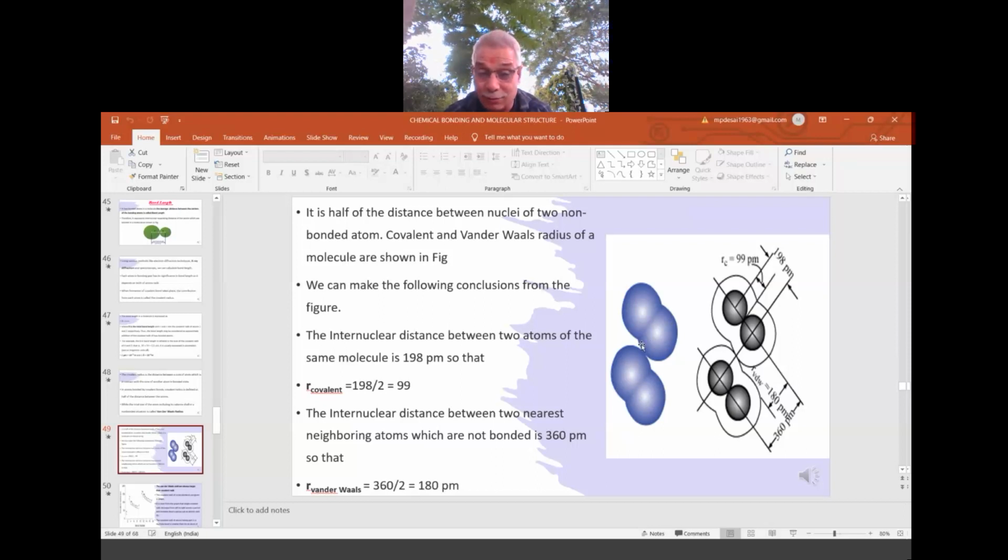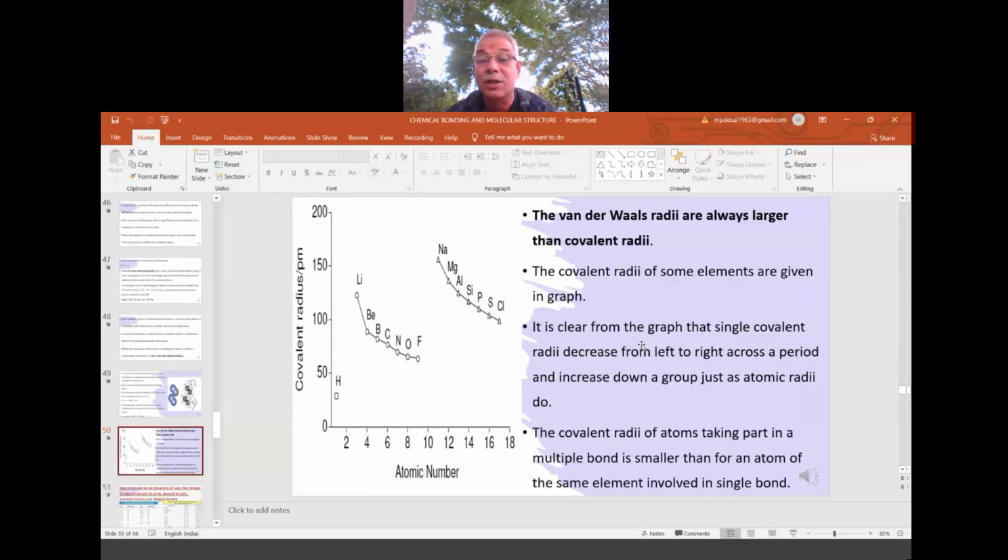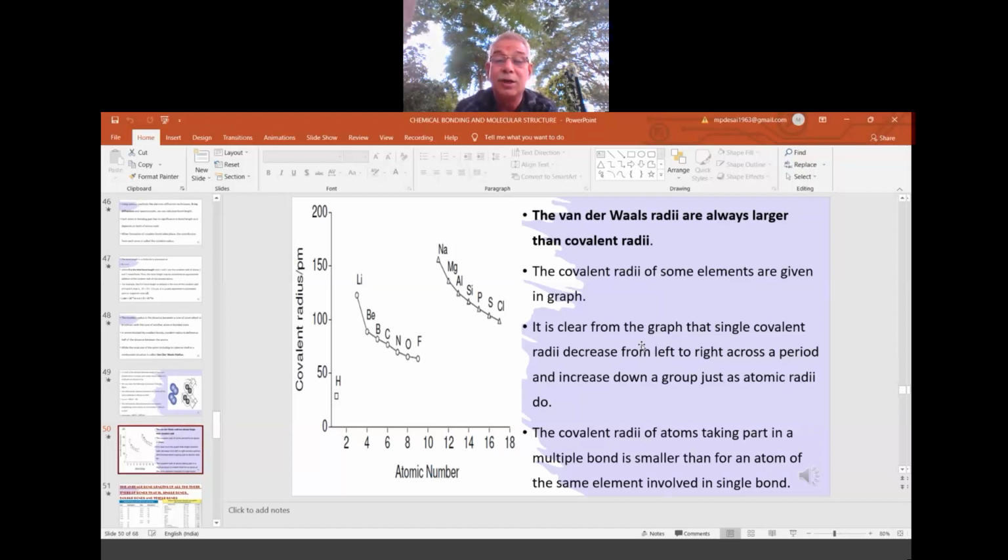Whereas within the molecule, when you are joining the two centers, that becomes the bond length. So within it is bond length; between molecules it becomes the van der Waals force of attraction or length. Here graphically: lithium, beryllium, boron, carbon, nitrogen, oxygen, fluorine is one set. The other set is sodium, magnesium, aluminum, silicon, phosphorus, sulfur, chlorine. They have drawn a graph between covalent radius and atomic number. As the atomic number increases, what happens here? Increase in the atomic number increases the covalent bonding. Okay, another bond length.